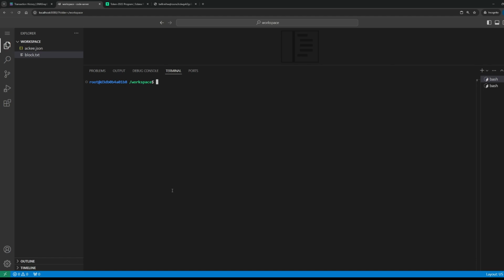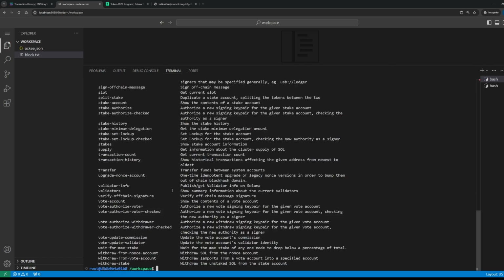As I showed you at the start of this hands-on example, there are a bunch of commands that you can use with Solana. To be honest, I do not know each of the commands, what the command is doing, or what the command can do. So you can go through the commands, you can try the commands by yourself, but from my point of view as a developer and auditor, the keygen, the airdrop, the transfers, and the config set and get are the most often used commands from Solana.